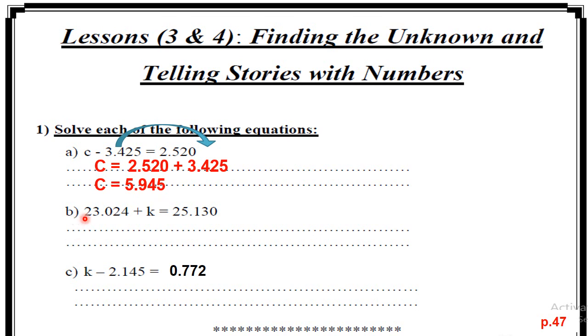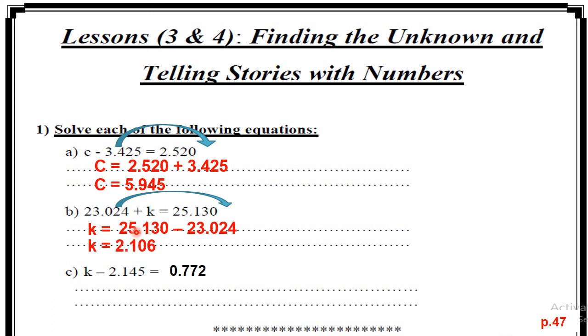Let's see letter B. We have 23 and 24 thousandths plus K equals 25 and 130 thousandths. Here also we need the variable on one side and all the numbers on the other side. So K equals, here I will take 23 and 24 thousandths to the other side using the inverse operation. The operation here is plus, so it will be minus. So K equals 25.130 minus 23.024. And if we subtract these two decimal numbers, the answer will be